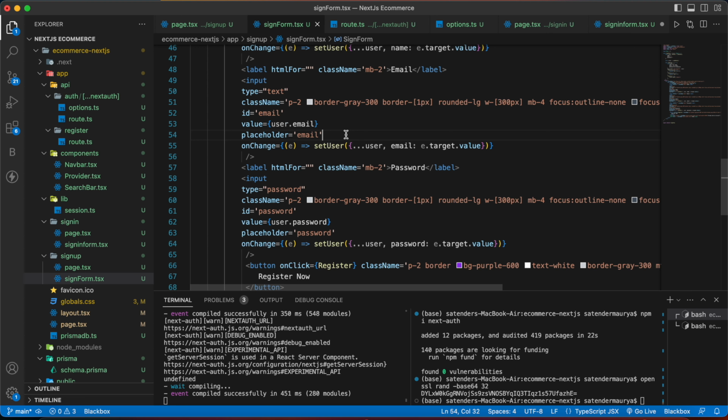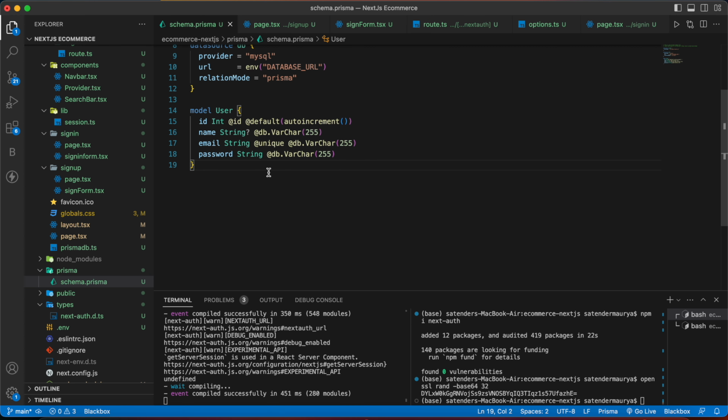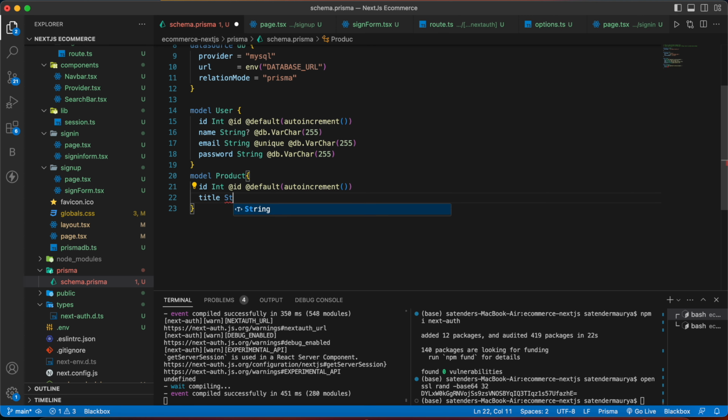And now we are going to work on the add product. For that, first we have to make a schema for the product that we are going to add in our database. So here we are going to make a model named product. First thing, it will have ID, then it will have title, and it will be type of string, and